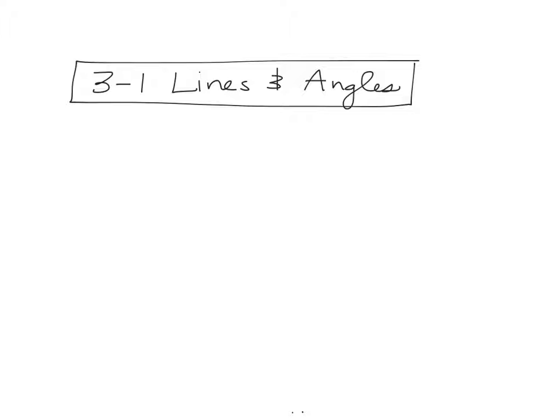So first of all, can you tell me what parallel lines are? Lines that won't intersect, right? And they're coplanar. They lie on the same plane. So lines that lie on the same plane that don't intersect. So we're going to say coplanar lines